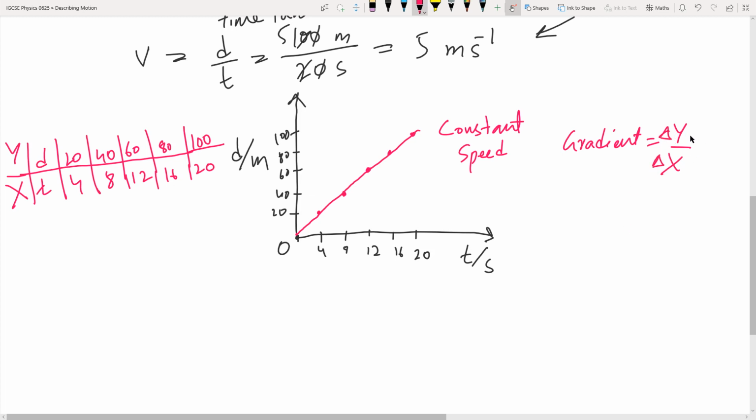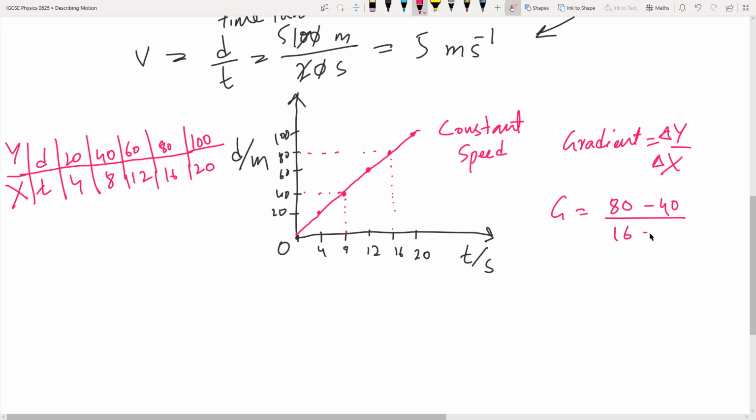So let's take any change in y between 2 points, let's say between 80 and 40, and between 16 and 8. What's the gradient? We have distance on top, y-axis first. So we've got 80 minus 40 divided by